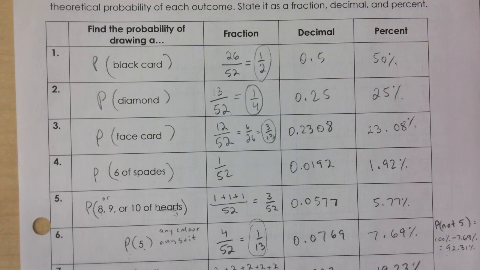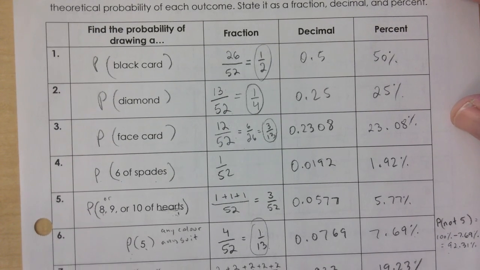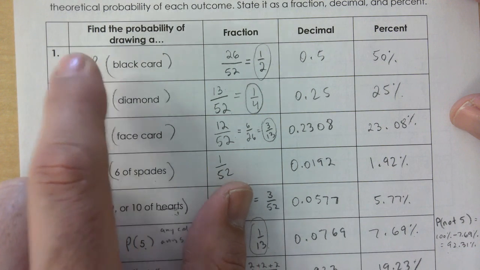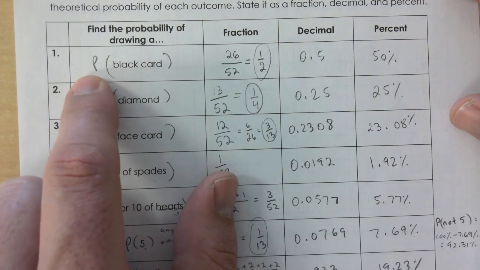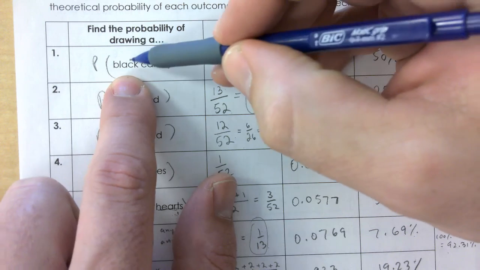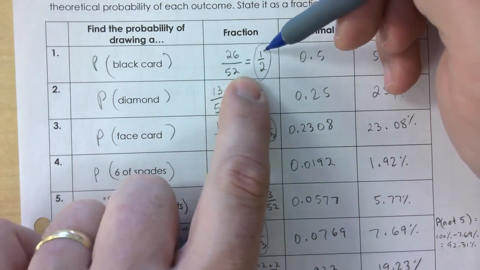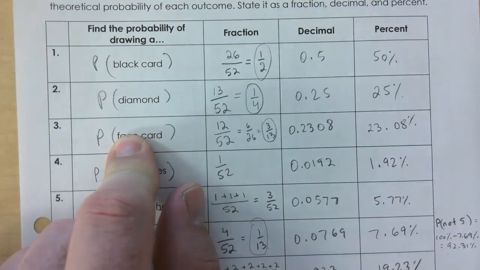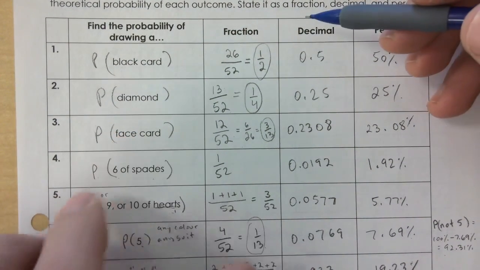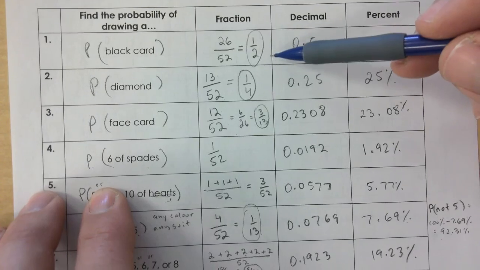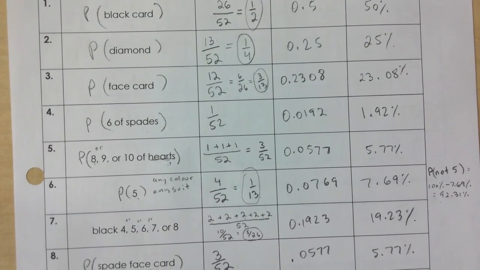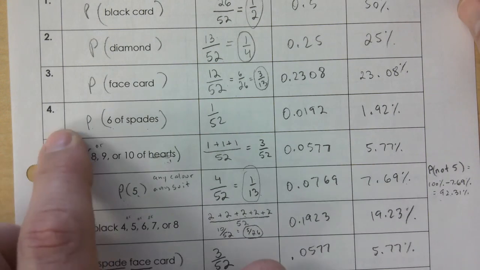The first page, I'm just going to show you the key here. And notice what I did actually before. I didn't do this yesterday, but I went probability of drawing a black card, right? And then you didn't have to do this, but that's technically the proper notation, right? So if you would just want to fill in or check how you did there, we went all the way